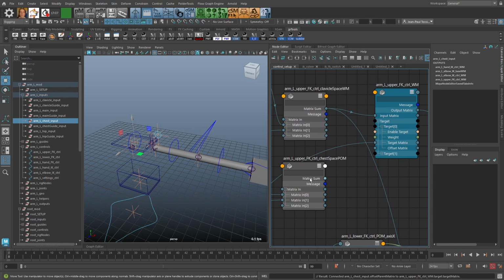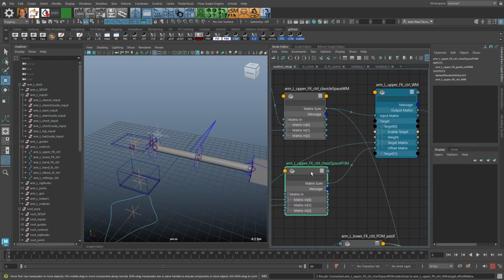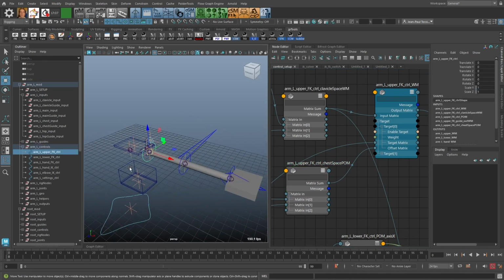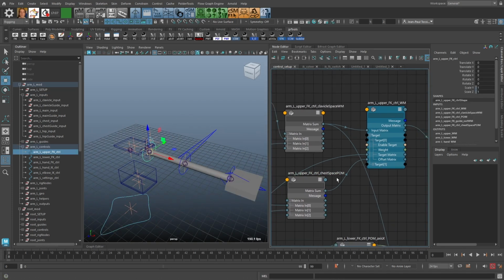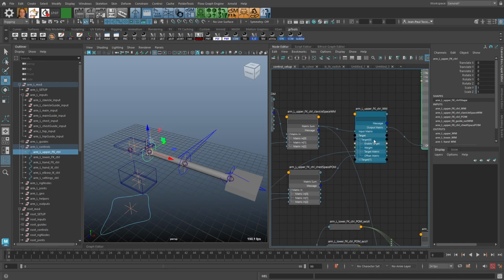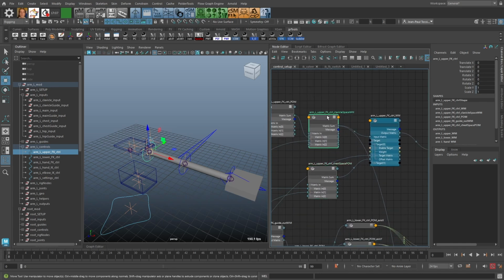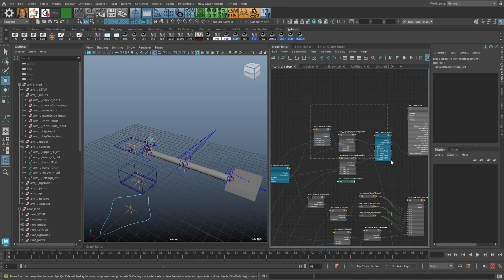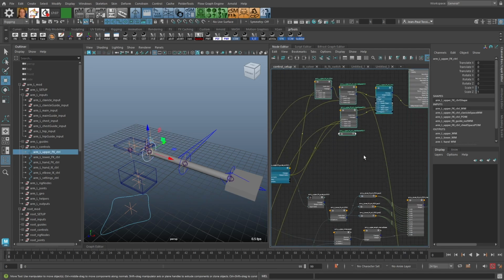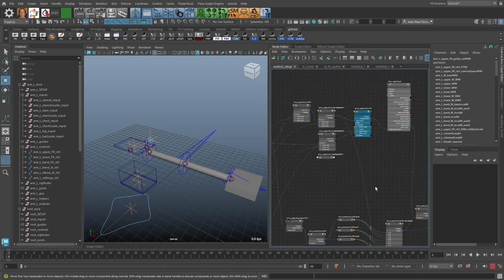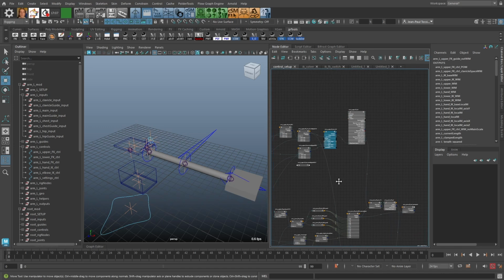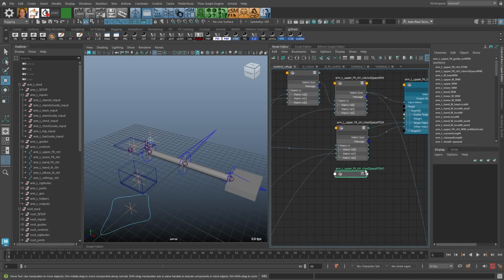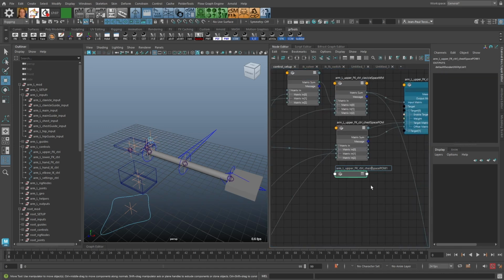And now if we take the output and plug it into the offset matrix of the chest space parent offset matrix, the control returns to its correct position. And then we can go to the second space. So let's duplicate this one, maybe move this up a little bit to create some space here. And let's call this hip space,